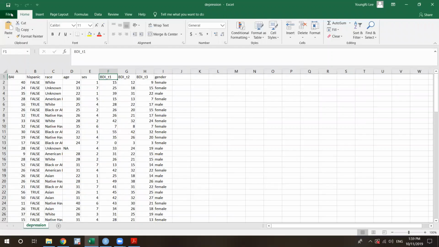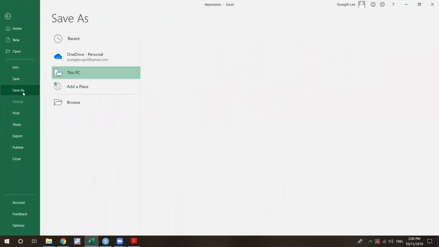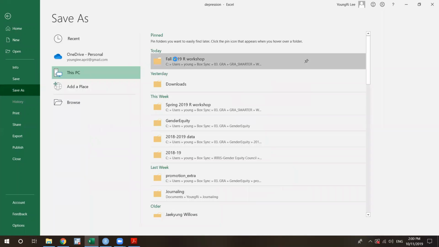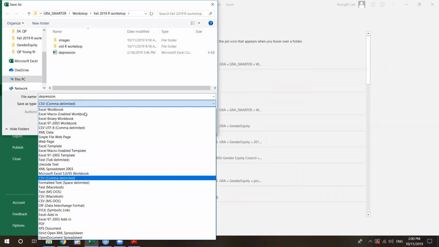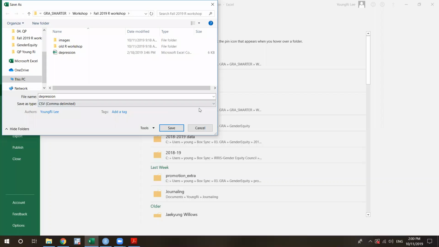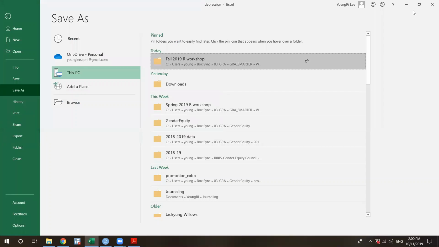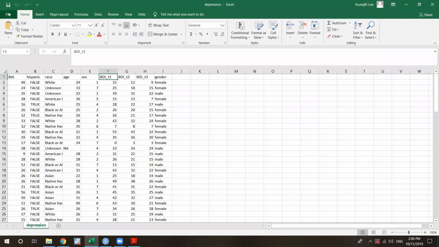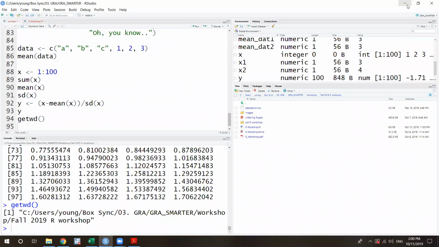If you go to File and save this file, you can select the type and change it to CSV, comma delimited, and then save. It'll make you the exact same file as an Excel file, which is a CSV file. The working directory is supposed to be set up to connect to what exactly? Connect computers, files? Okay.